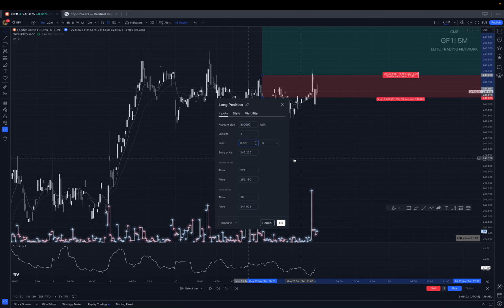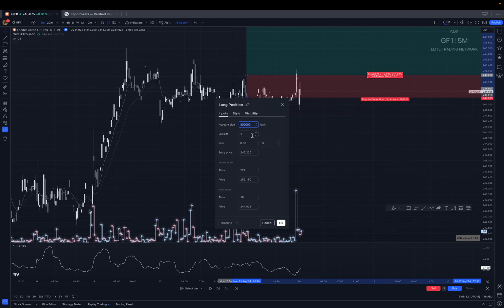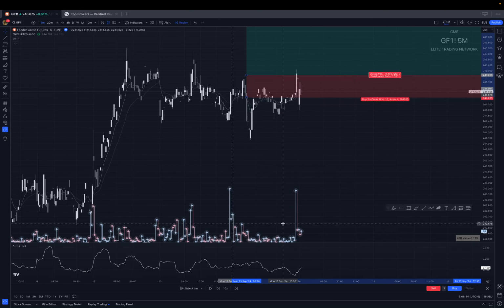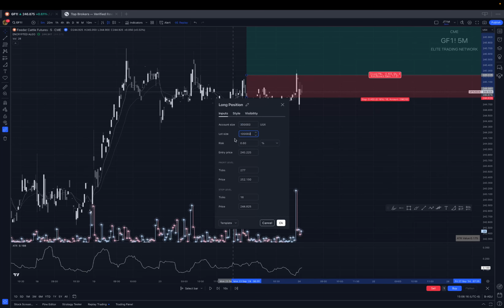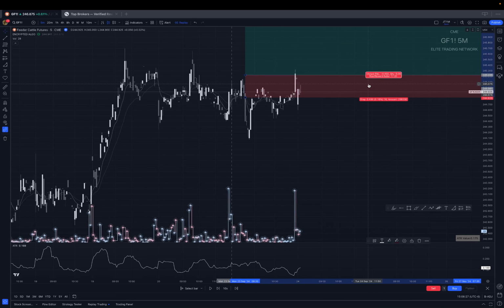300K at 0.6% risk with a lot size of 1, assuming every asset's going to have different lot size. That means I was opening up, this might not be right, might be 100,000. No, definitely just 1. And if you go on the internet, you can look up different lot sizes for different assets and commodities and what it might be. But what actually ended up happening was I had to open up a total of, I think it was 15